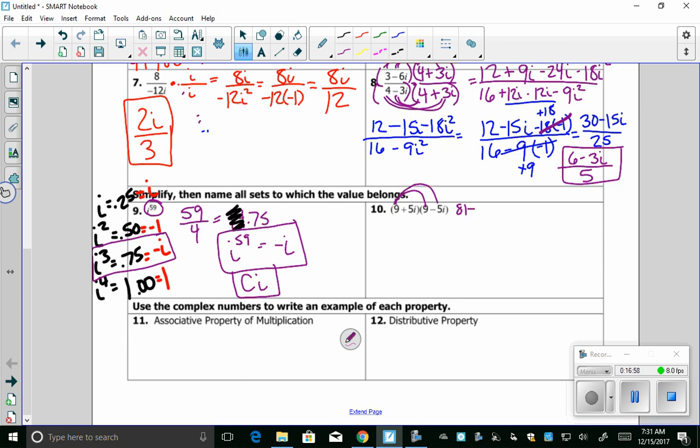9 times -5 is -45i. 5 times 9 is +45i. And then 5 times -5 is -25i squared. Combine like terms. I'm going to get 81. -45i plus 45i will cancel out. So I'm going to be left with 81 minus 25i